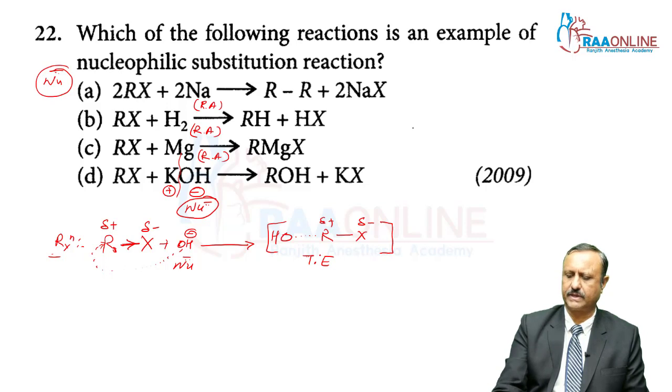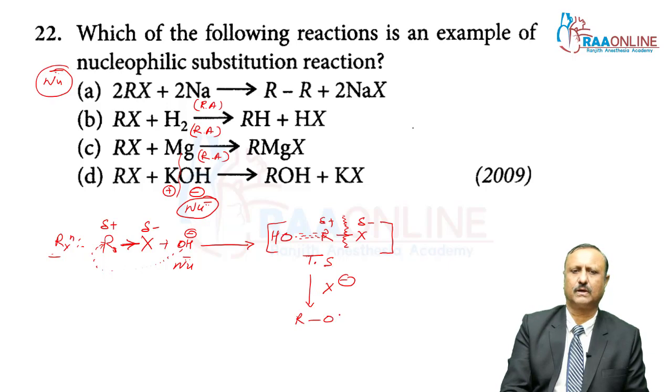When this transition state, TS, is broken down, because this bond is stronger and this bond is weaker, the X minus ion goes into the solution and you get ROH. So my dear friends, when you get this ROH product,